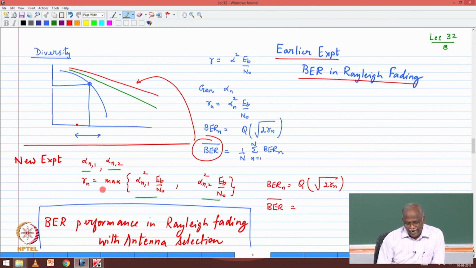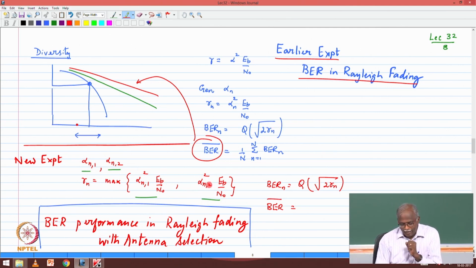Now you've got two, and you are allowed to choose the maximum of the two. There's no reason why you would choose the minimum, because the idea is that you want to get a better SNR. So you would choose the maximum of the two and continue the rest of the experiment as if nothing else happened. So all you are doing is the same experiment, except that the instantaneous SNR is not chosen from just one random variable, but it's chosen as the maximum of two